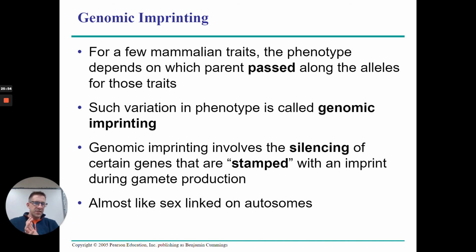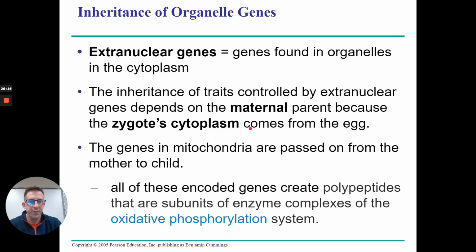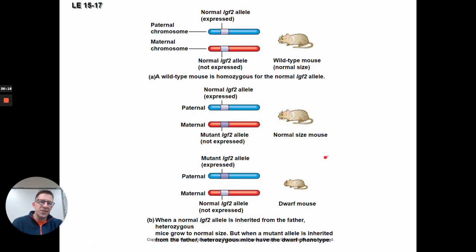So this is almost very similar to sex linkage on the autosomes, meaning that there's some kind of genomic imprint or stamp that is put there by one of the parents. Okay? Genomic imprinting involves the silencing of certain genes that are stamped with an imprint during gamete production. And so it's best outlined here with this little experiment about this mouse here. Okay? This mouse